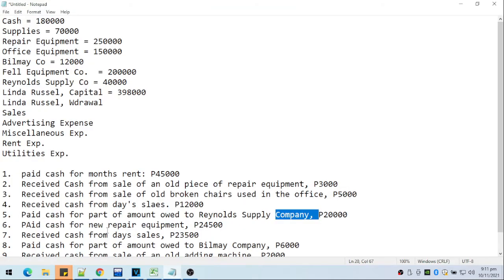Number 6, paid cash for a new repair equipment. So what are the accounts affected here? We have cash and repair equipment. So both are assets. So we paid cash. That means our cash will decrease, but we bought a new repair equipment, so our repair equipment will increase. So to increase an asset, you have to place that on your debit side. And to decrease an asset, you have to place that on the credit side. So we have to debit the repair equipment amounting to 20,000, and we have to credit cash amounting to